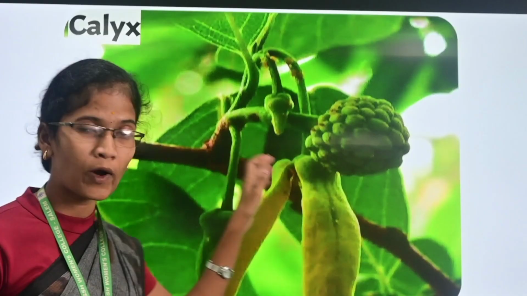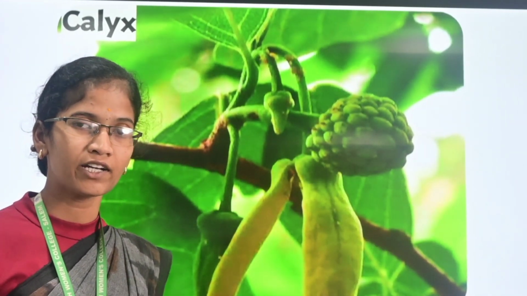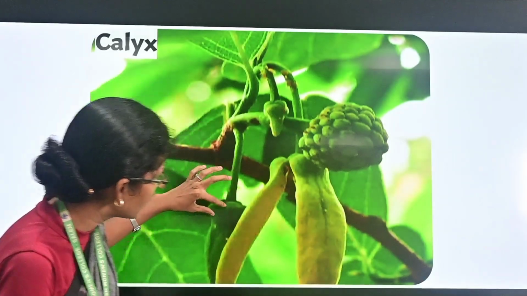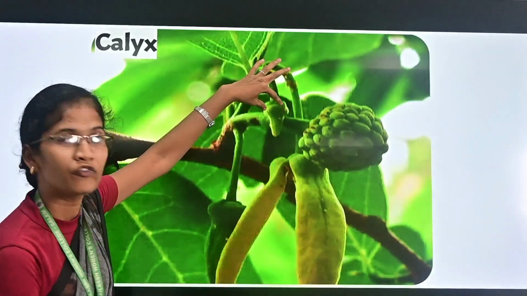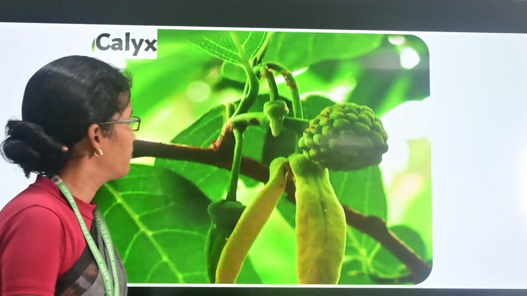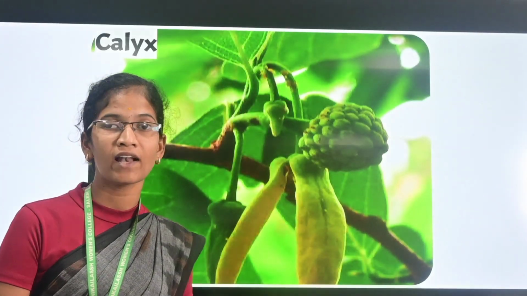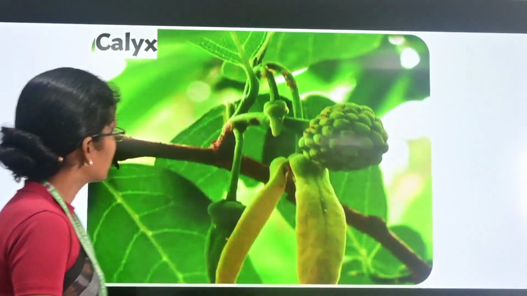So calyx. What is calyx? Below the petals, there is a greenish layer. It is called calyx, which encloses the young petals. So calyx has 3 sepals. The 3 sepals are freely arranged, and it is valvate in aestivation. It does not overlap with each other. Next,